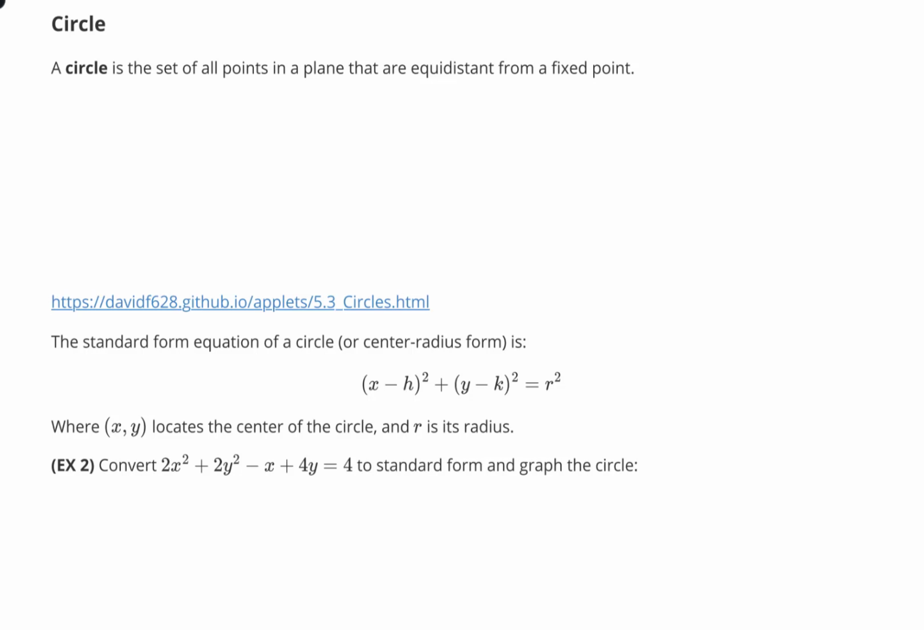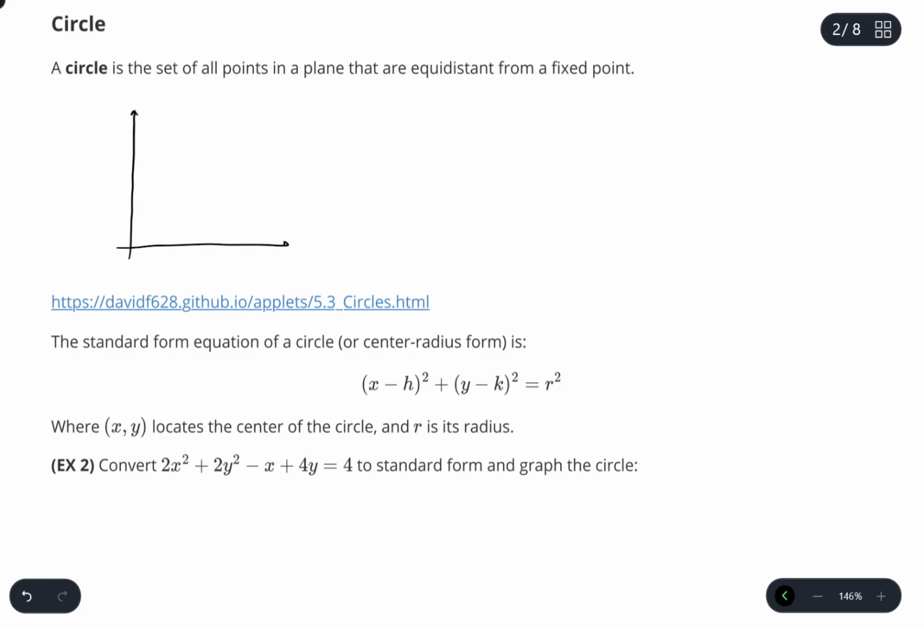The first conic section that we'll look at is the circle. A circle is just the set of all points in a plane that are equidistant from a fixed point. So, for instance, if I had a coordinate plane, and on that coordinate plane was some fixed point, and we generally refer to this as the center of the circle and give it coordinates h and k, then the circle itself is defined by